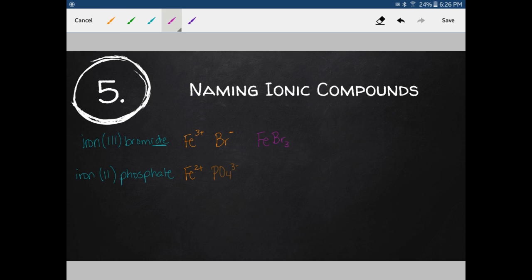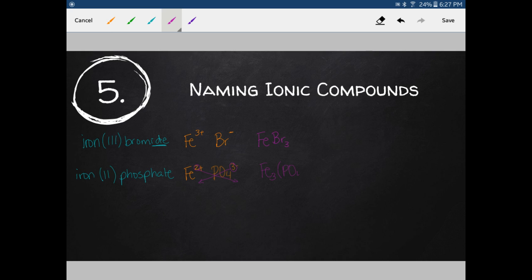Okay, so now again, I just crisscross my charges. For every 2 positives, I need to have 2 negatives. But because I have an even number and an odd number, I have to have 3 irons with a 2 positive charge, resulting in a positive 6 charge overall. And I need to have 2 phosphates times the 3 negative charge to get a negative 6 charge overall. So again, I call it crisscross applesauce. I crisscross my charges down, and I would get Fe3, meaning that I need 3 iron atoms for every 2